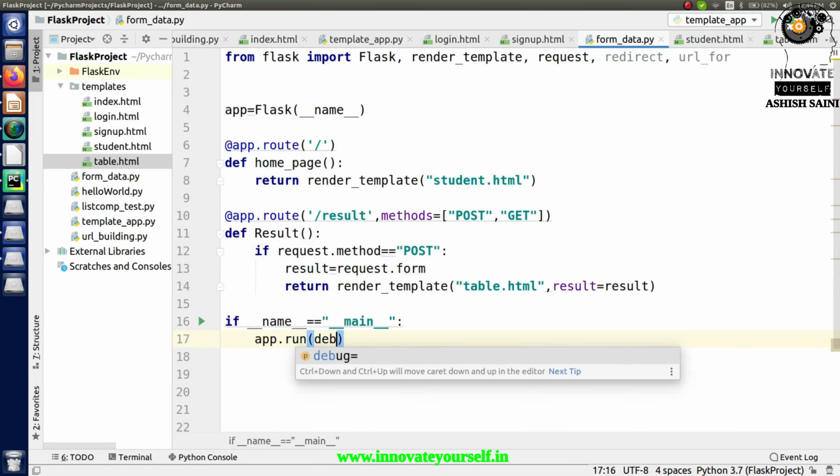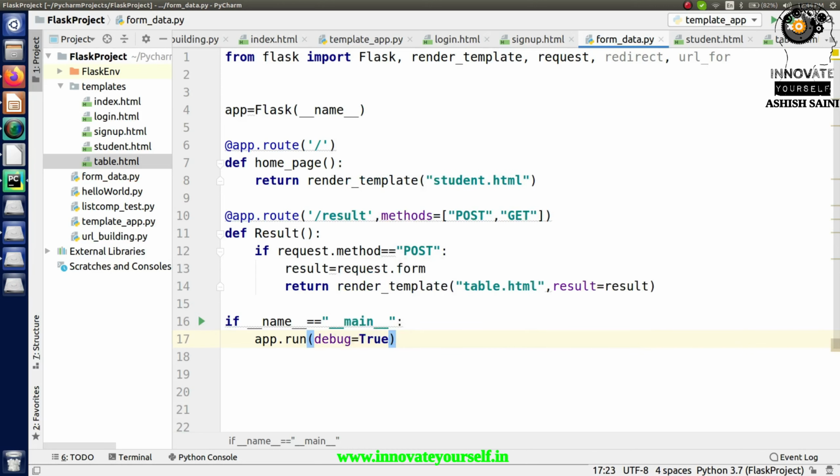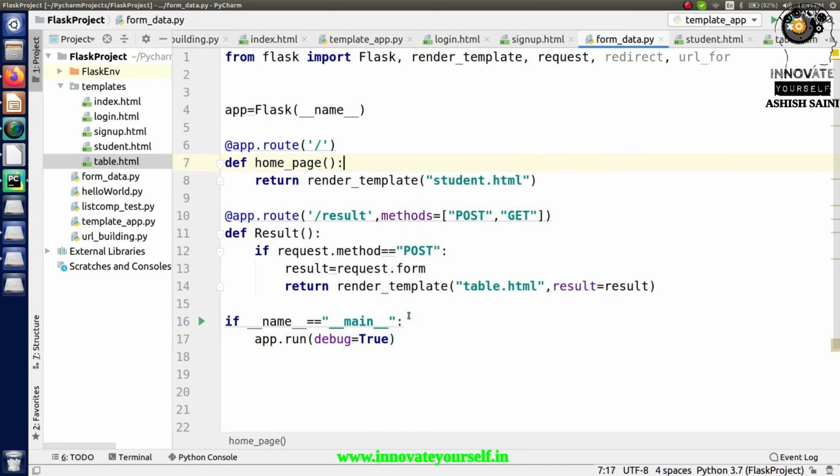So just debug equal to true, so that it will keep the changes if in case you update it and save it, right? That is what we have already seen in one of my previous sessions as well. So I guess that is it. Now we can run this part and let's see whether it's working or not. So just run this up.